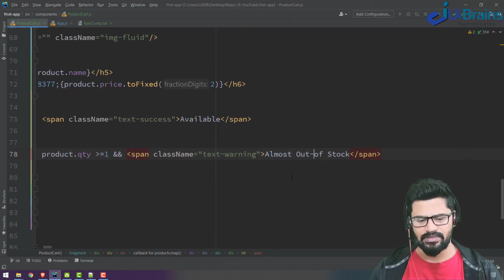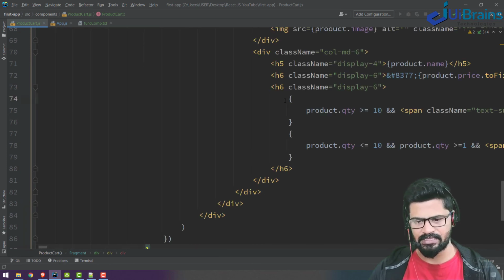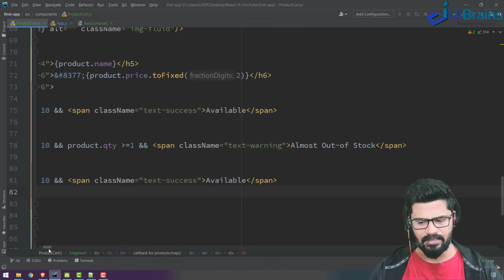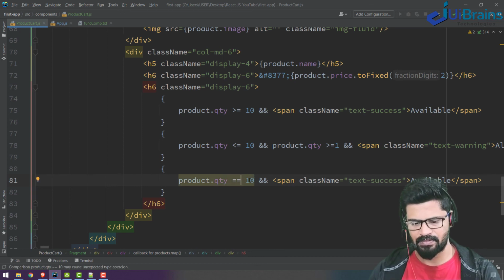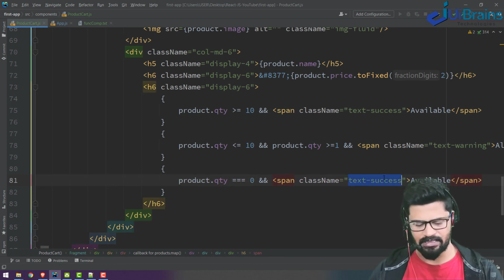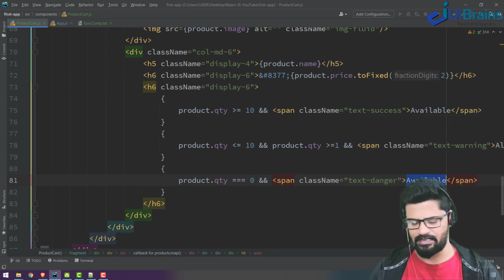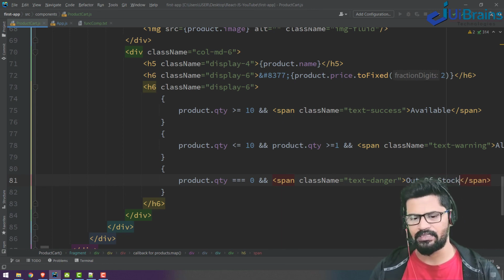Okay, so one last thing, if the item is equal to 0, then I'll say text-danger, I'll say out of stock.